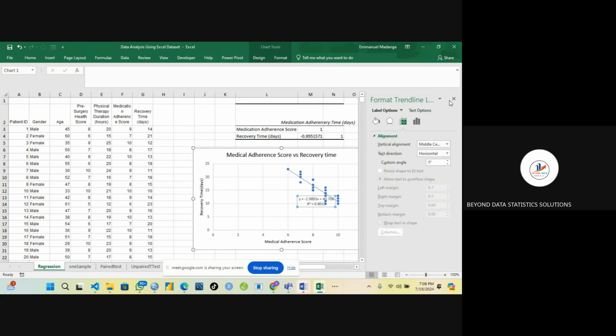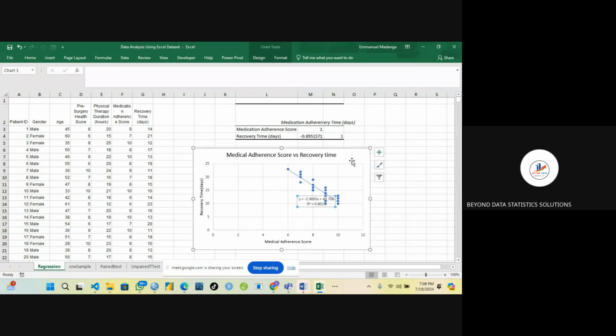So this is our scatter plot. You can just take this somewhere else, like here. You can just click on it and then drag it, put it somewhere else, like that. So there we go. This is our scatter, showing us the trend relationship between these two variables. It's a negative relationship. So the Pearson R value